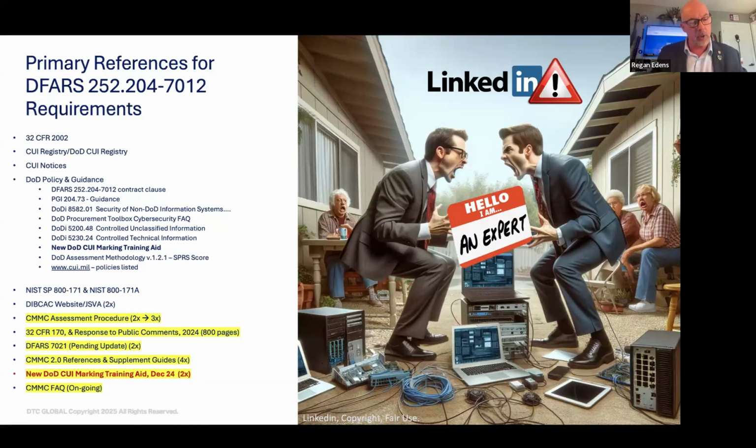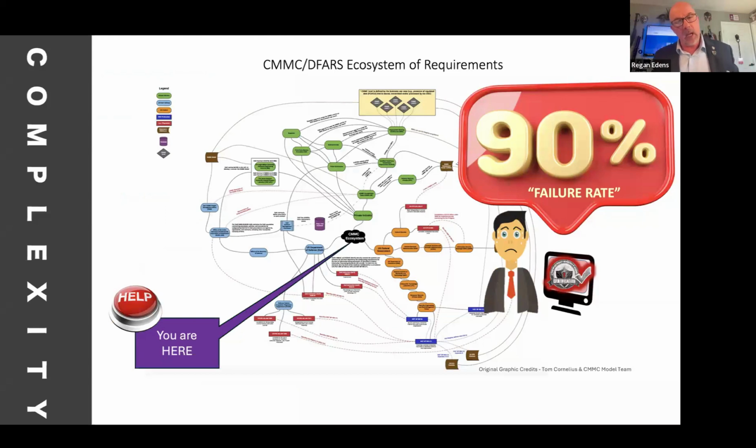So you have to pay attention to detail, and you have to stay on top of things and check and recheck the dodcui.mil website routinely for those updates. Okay. So, a great explanation of why many were not consistent and accurate with the requirements is sort of this